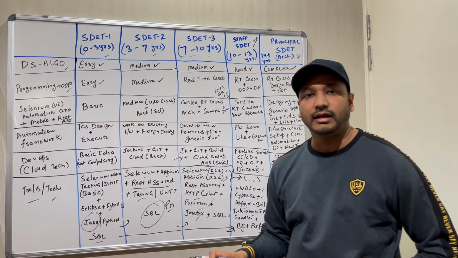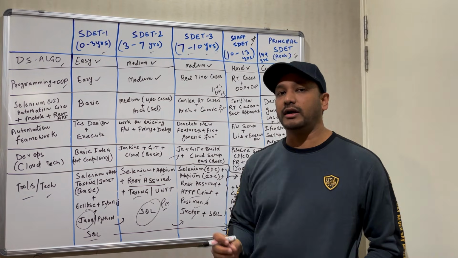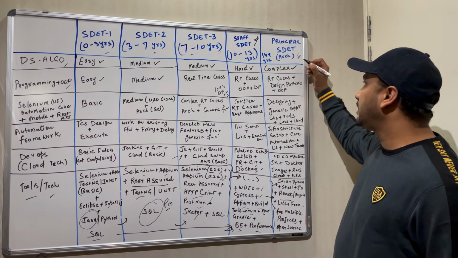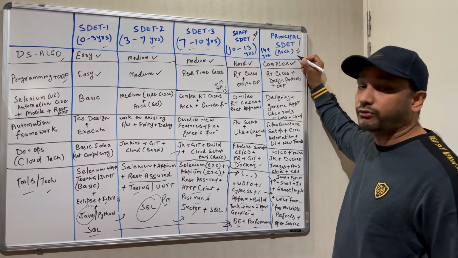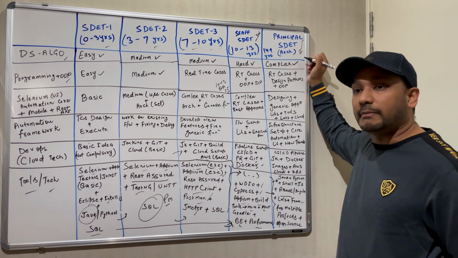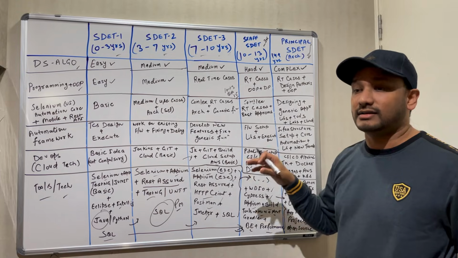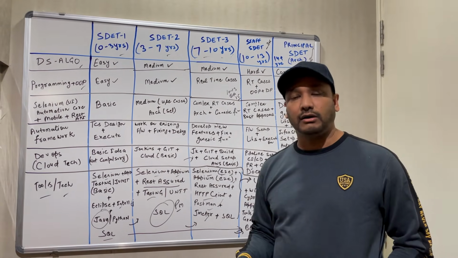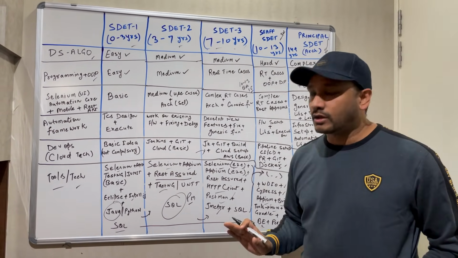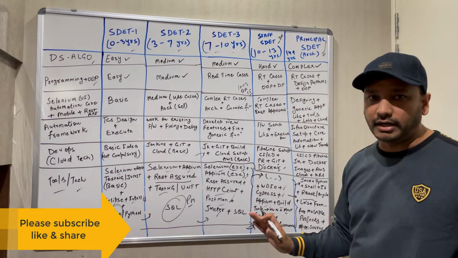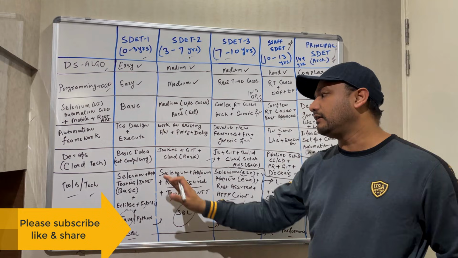I'm not saying manual testing is boring or that manual testing doesn't have any career, but skill set is also very important in the current market. And when you reach principal SDET architect level, people might cross 40-50 lakhs also, which is somewhere better than a development profile and development packages. I'm just giving you some rough numbers. That is the standard in the market. I have seen it in Bangalore, in the US, and in European countries also. This is what people are getting. So please choose your career path accordingly, learn,